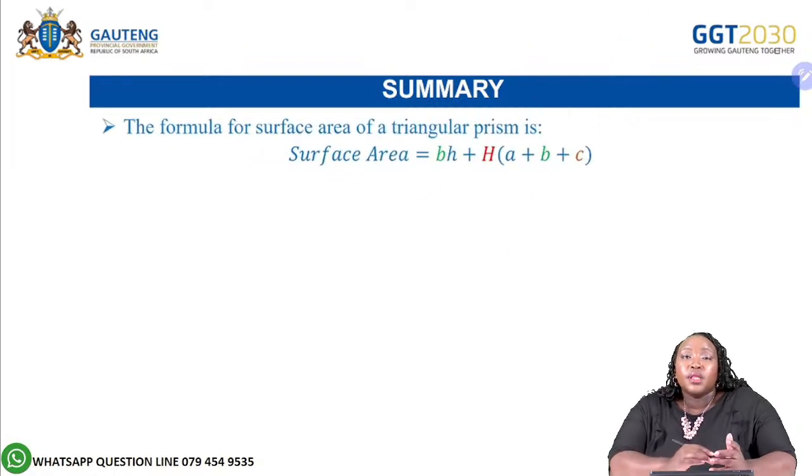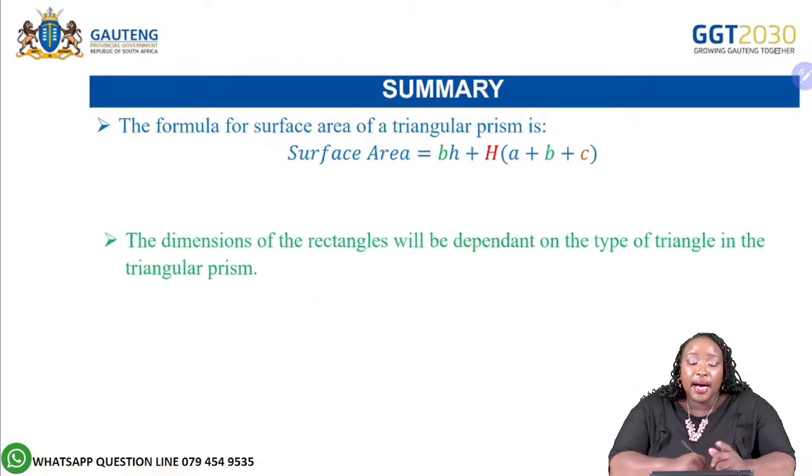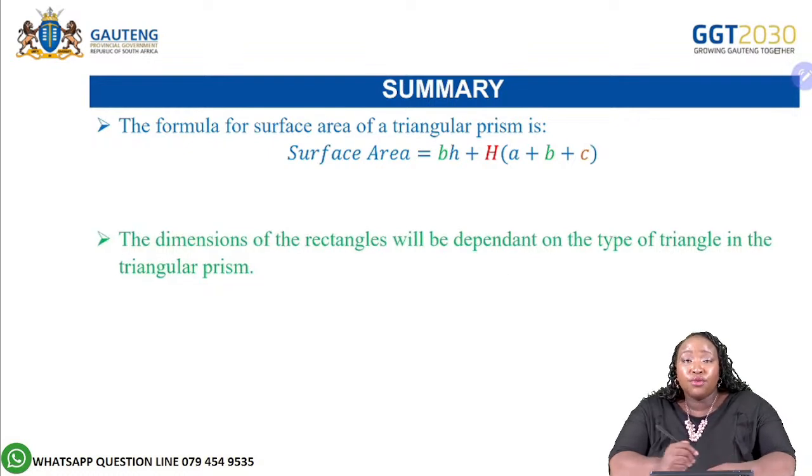So the formulas that you need to keep in mind are the formula for surface area, and also don't forget that the formulas that you are going to use are going to be dependent on the dimensions that are given in your triangular prism, right? And also very important that your rectangles depend on the dimensions of the triangle. So if you have an isosceles triangle, the dimensions of that rectangle would be different from an equilateral triangle or from a right angle triangle. So be very, very mindful of that,